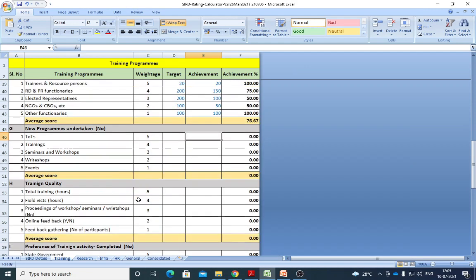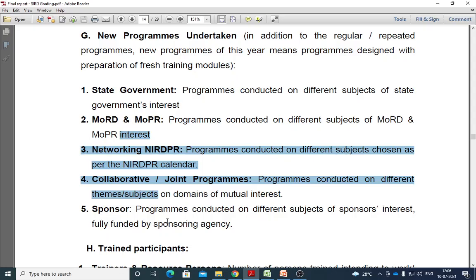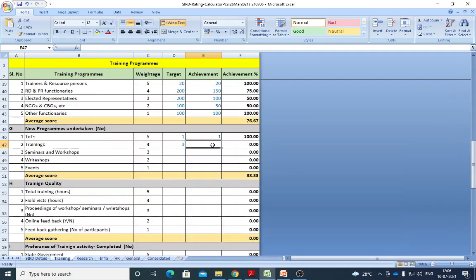Now see this. In the new program section, you can see how many new training programs are proposed, kind of new TOT. Yes, I have one TOT. It may be state government, MORD, or I can say sponsor, collaborative, whatever it is. I have completed one. And the training programs, I got one sponsored program from the state government, one from MORD, and I can say one local collaborative. Like that, 3 programs I got from different sources, undertaking point of view, and 2 sponsored also I got. Assume that. So I have completed all these 3. It is approved, all during my calendar year.